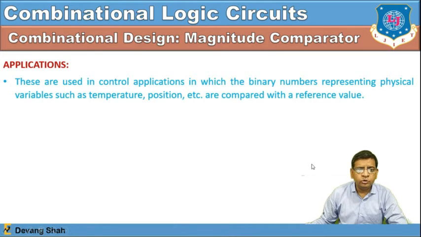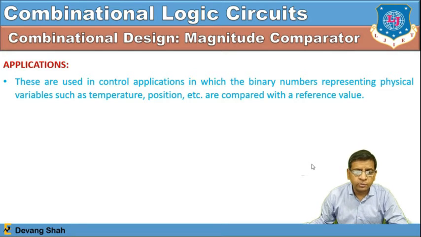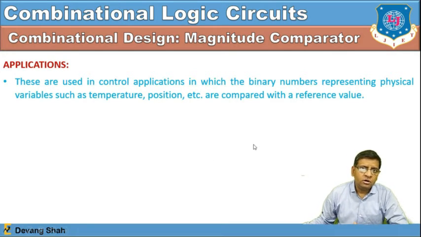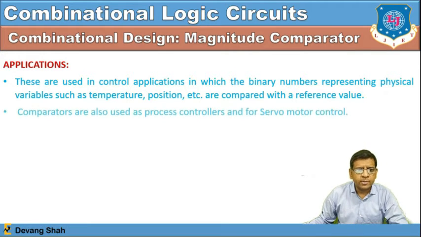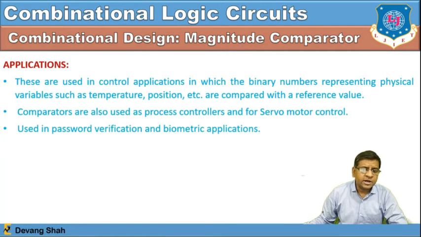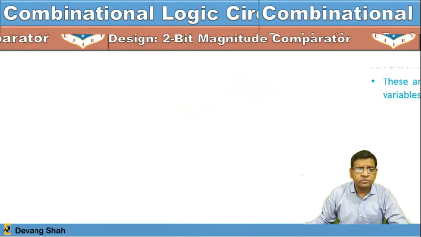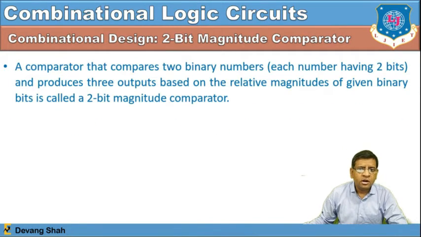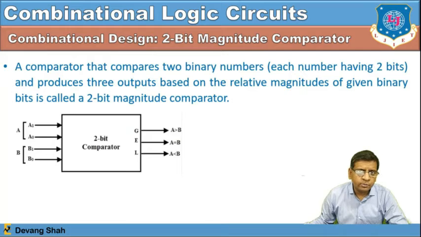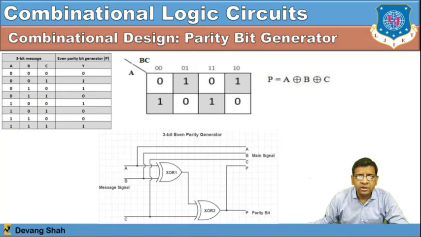Magnitude comparator: in which situations are we going to use this particular magnitude comparator? There is a comparison of binary numbers possible, such as measuring temperature against some reference value, password verification, or biometric verification. And if you go for a 2-bit magnitude comparator, with the corresponding ones having the min terms, finally your answer for the even parity bit generator P is equal to